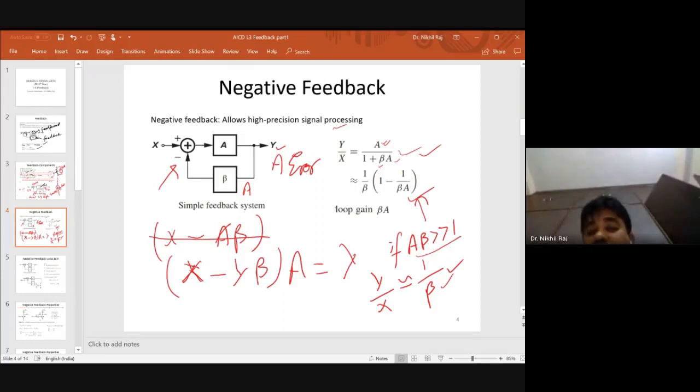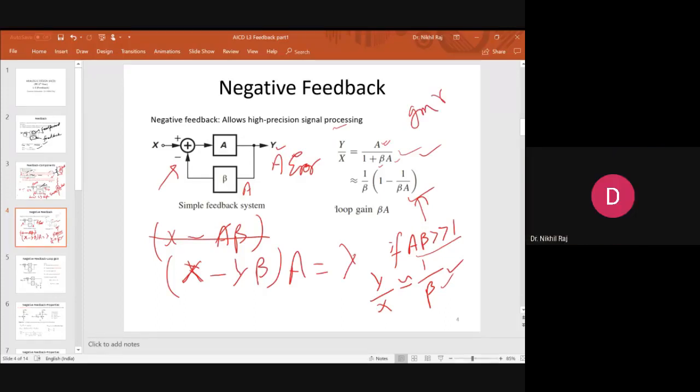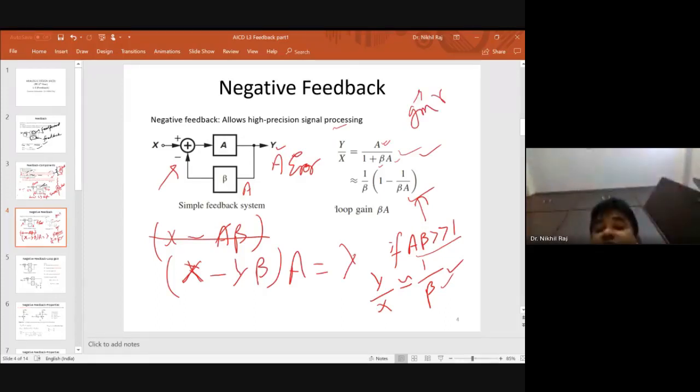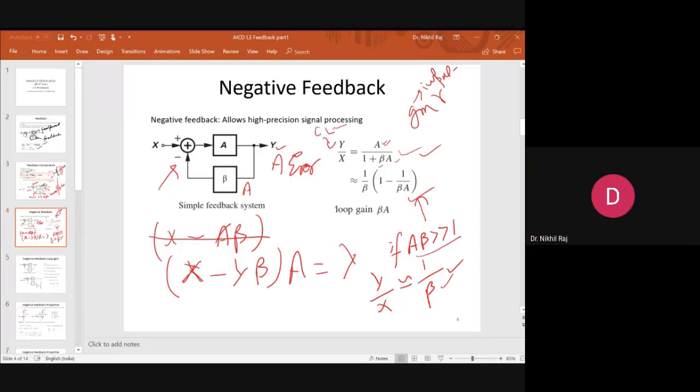So the advantage we get: suppose your amplifier gain generally consists of your transconductance and the output resistance, and this transconductance is again a factor of your input voltage. Now if there is a variation in input, a little bit of change due to some noise, then your gm will change. Changing gm means your gain will change. Changing gain means overall your transfer function will change. So that's why we introduce beta, we get this type of advantage. So this is called your closed loop gain, and this is called your open loop gain.